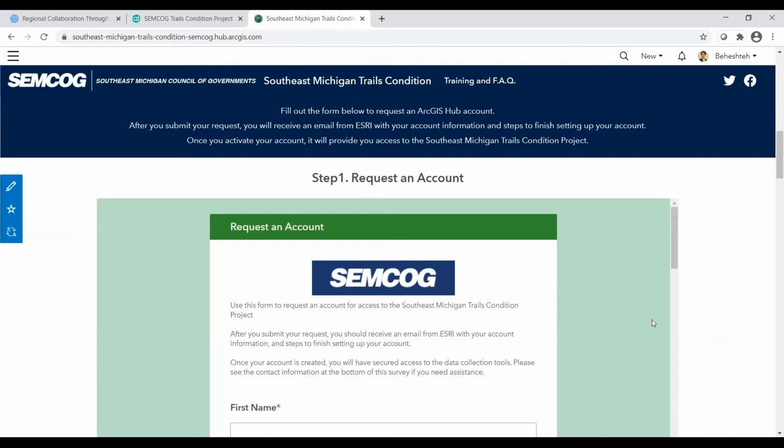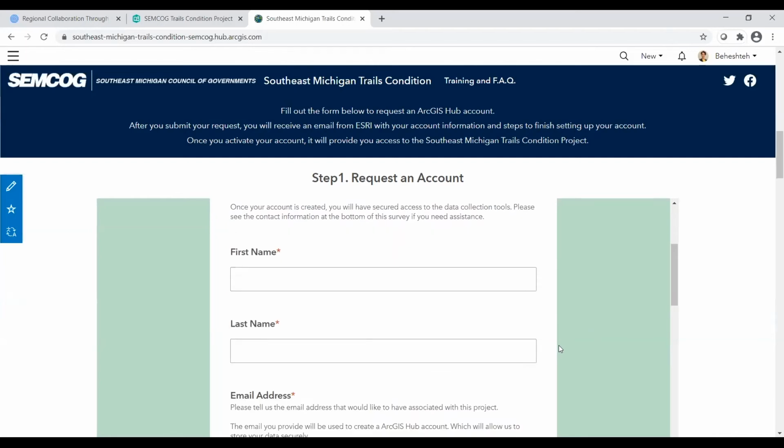Through Hub, we embedded a Survey123 form, which provides us with information about the interested communities. It also gives us a better understanding of which trails communities are planning to capture using this project. As you can see here,